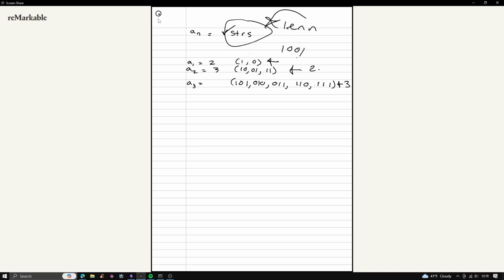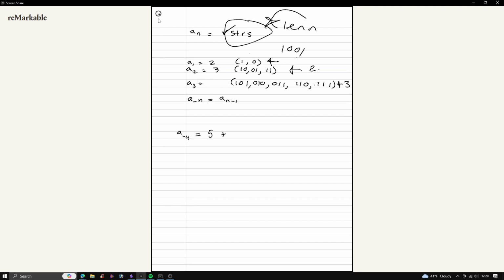So how do we use this in our formula? Well, we can go a of n is equal to a of n minus 1, which is going to be the odd offspring from a of n minus 1. So if a of n is 4, then a of n minus 1 is going to be 5. So a of 4 is going to be 5 plus